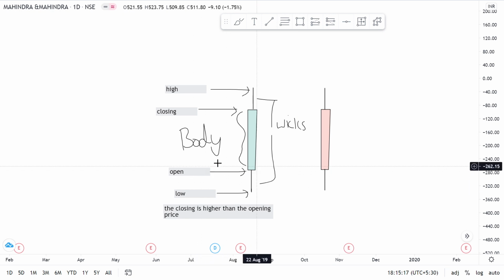So this basically tells us a story about the price movement, right? This was the day's opening price. This is where price opened. It moved higher and lower. So it moved till this point over here, and then it went up till this point over here, and by the end of the day we don't know what price did between these two points, or what order it was in. Did it go up first or did it come down first? But at the end of the day, this is where it ended up. This is where it closed. So this is what a green candlestick tells us.